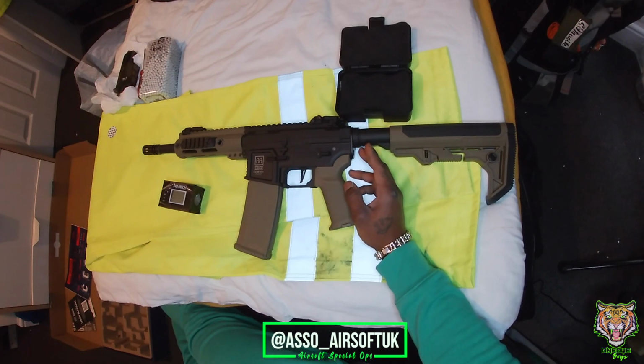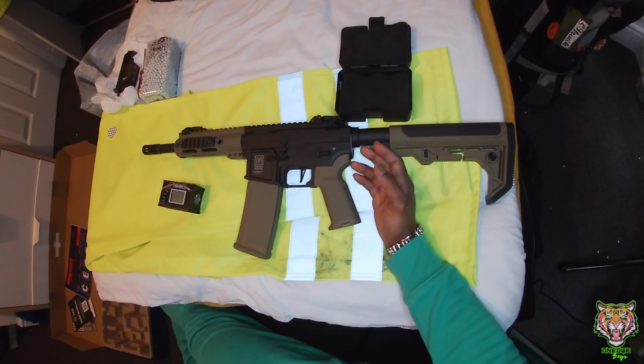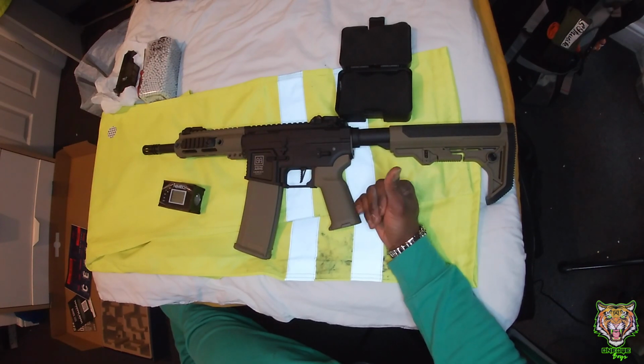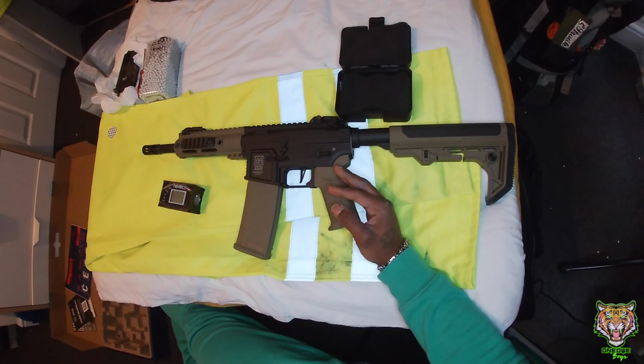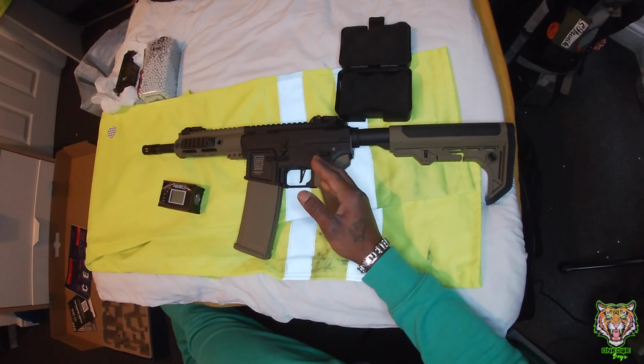The barrel I probably wouldn't change, because at 230mm with a trustable hop-up system and 6.3 type bore, you can upgrade and get a better one, but the problem is you're going to now have to fine-tune the bucking and all these things to keep up. So I'd leave that system until it breaks. When it breaks, then I'd look into maybe a 70-degree bucking or something like that. But yeah, just the motor, the stock bar,